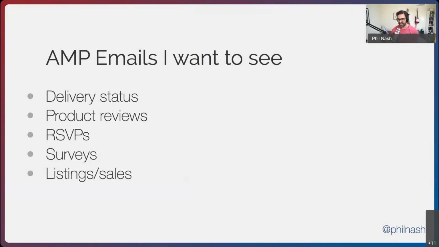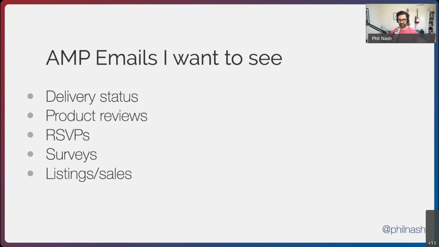And then also listings and sales. So in this particular case, if you have items on sale, for example, you've sent an email about it, but then they've run out of stock, you could be using AMP emails to actually just bring in the correct stock levels or the things that are on sale that are still available, that kind of thing, or listings like job listings or adverts. If those are getting sent out, you want the things that are